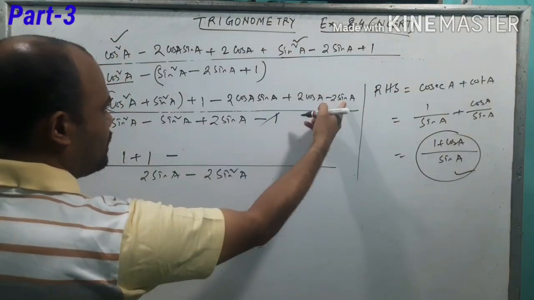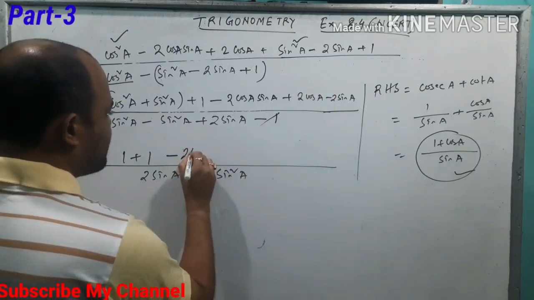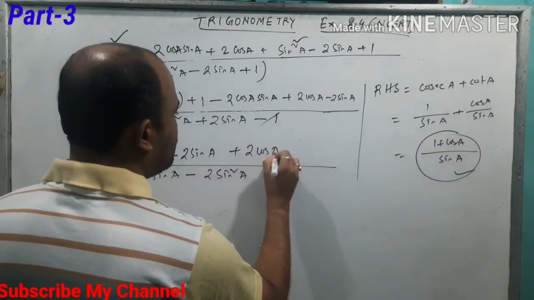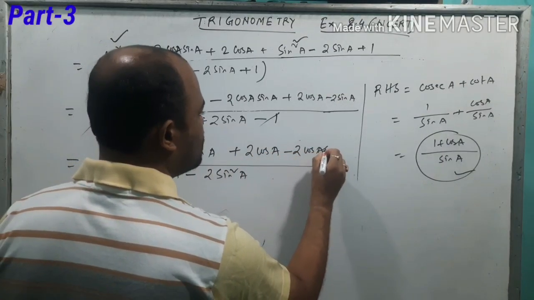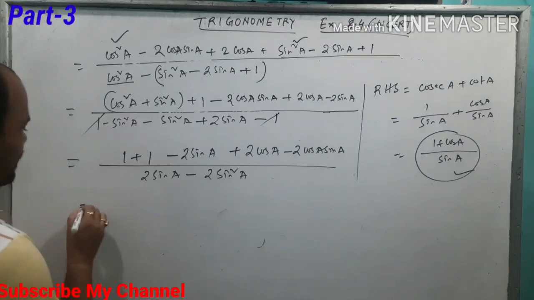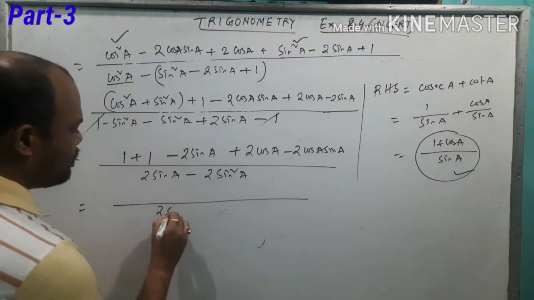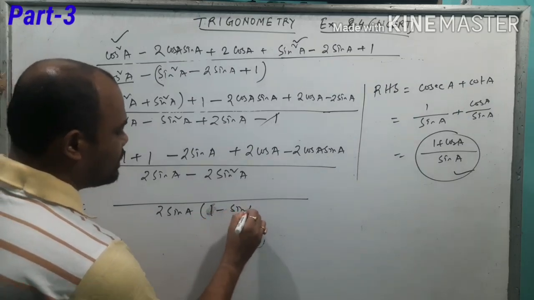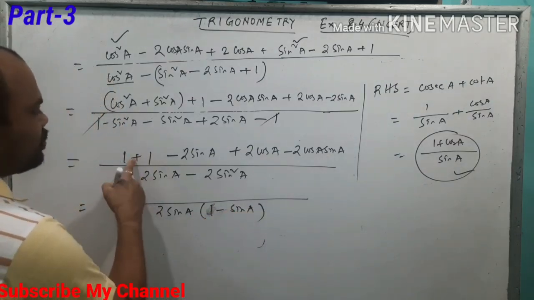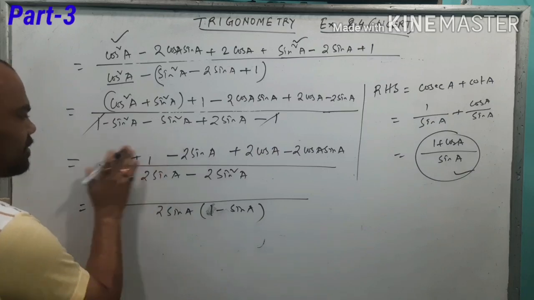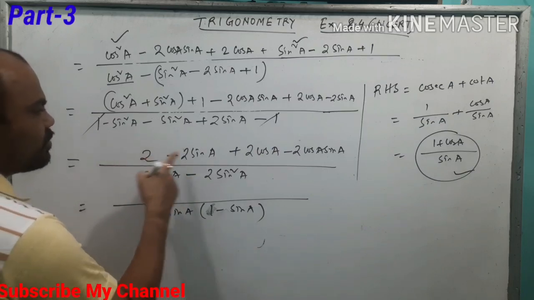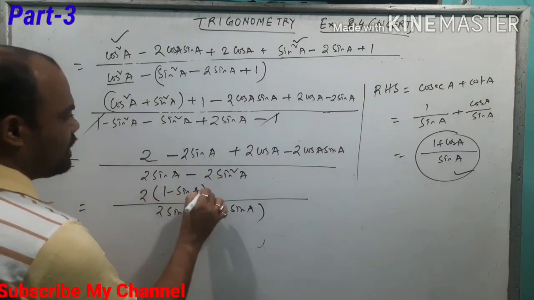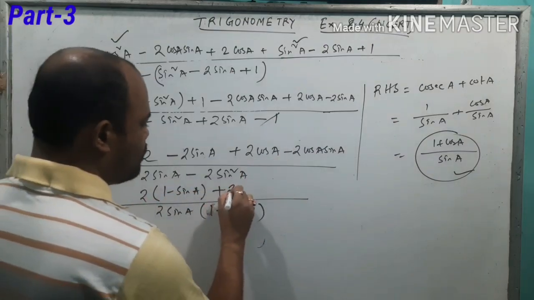Minus, you write this term. In the next term I will give the reason why it is written first, plus 2 cos a minus 2 cos a sin a. Now in the denominator part, 2 sin a common, it is 1 minus sin a. Here 1 plus 1 is 2, in this term I am changing it to 2. So from this term, 2 common, 1 minus sin a, plus here 2 cos a common,